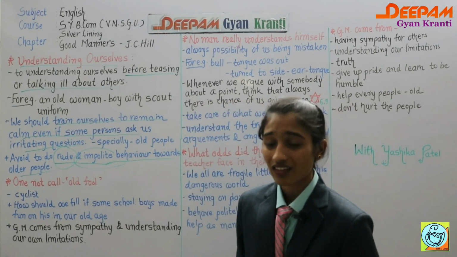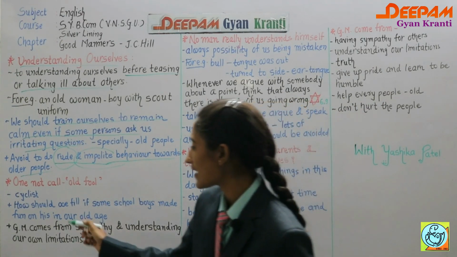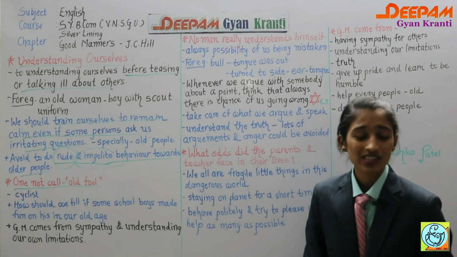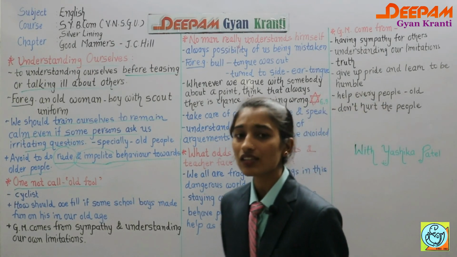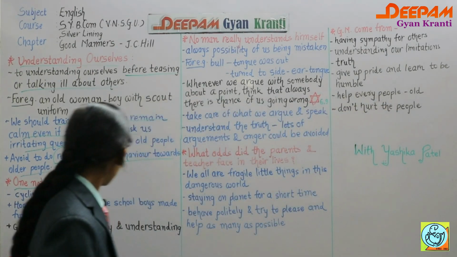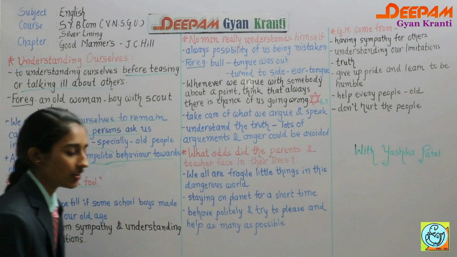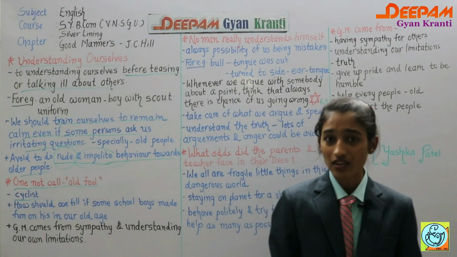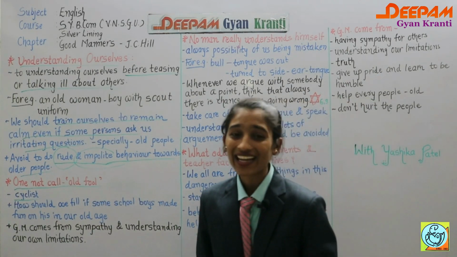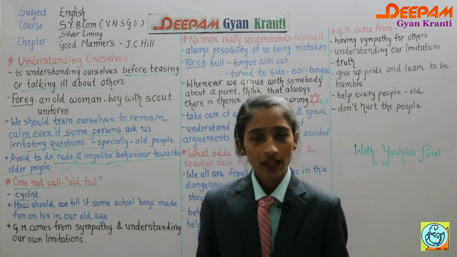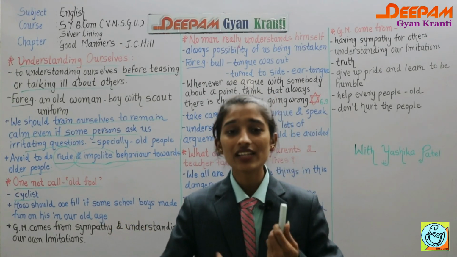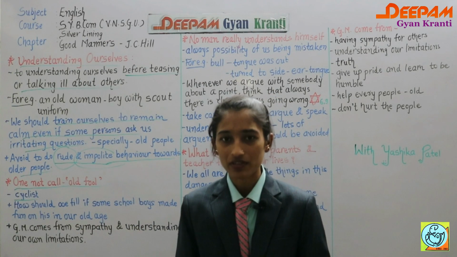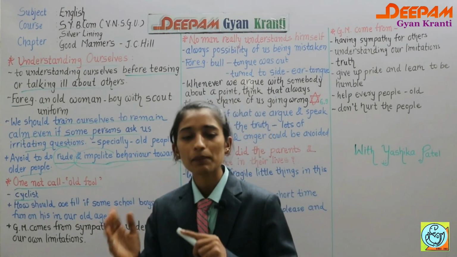Then further in the chapter he gives one more example, like one should not call a person an old fool. The thing is like that, one young school boy is going on a cycle, or we can say he is cycling. At that time one old person tries to cross the road and he cannot cross the road, and that's why that young cyclist abused him and called him a foolish person. But we have to think in a positive way.